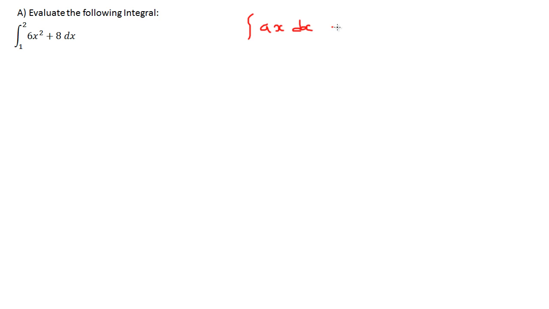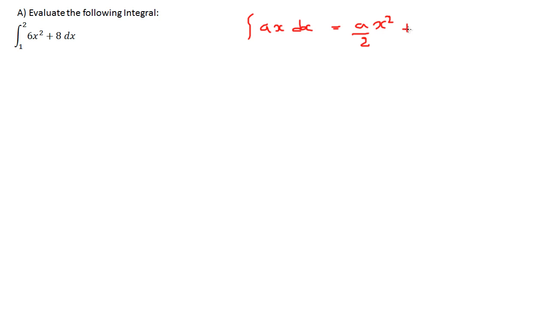So this integrated would be ax. Now we increase the power of x, so it will become ax squared, and then we divide the constant by that new power. So a divided by 2 x squared, and since we don't have a limit, we put